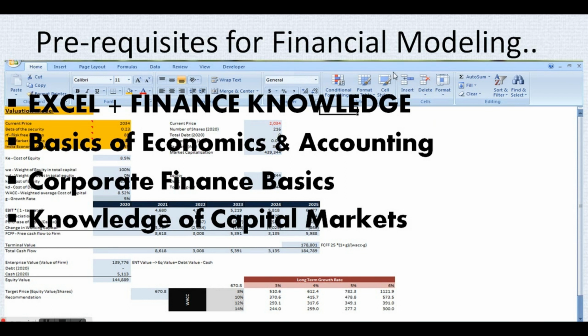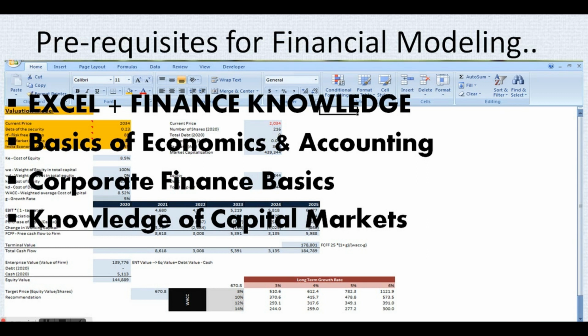To create such financial models, you must have excellent finance knowledge. We have already seen it in our teaser video, and now in some time you will see that we are going to cover Excel and finance in detail in this course. Along with it, you should have some basic understanding of economics and accounting as well. Now economics, why? Because you create models based on a futuristic uncertain or economic scenario, and if there is a change in the economic scenario, you should be able to understand what change is required in your model.